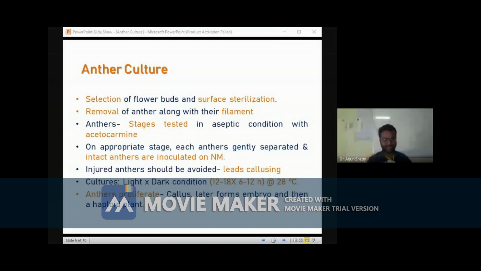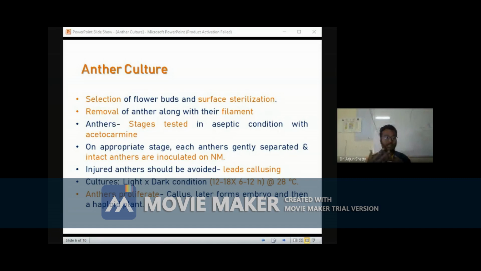And usually a low light intensity should be maintained. Usually 3600 to 4000 lux light intensity is maintained for conventional plant tissue culture laboratory conditions, whereas in anther culture it may require less than 2000 or 1500 lux. Okay? And once all the appropriate conditions are provided for the anther, then the anther starts proliferating